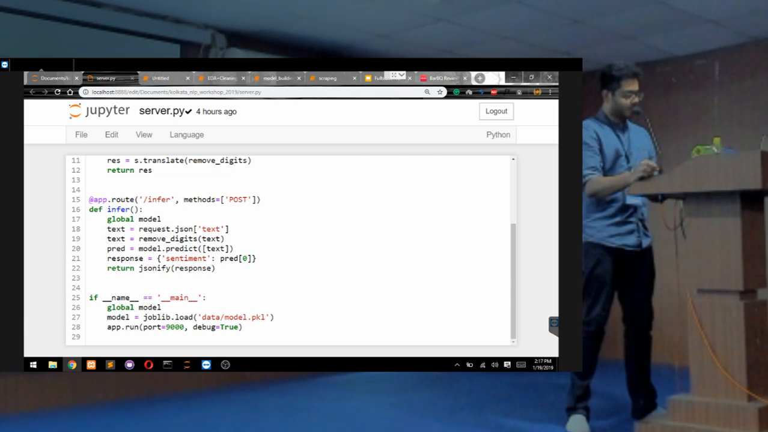So we first extract the text that we're sending. We remove the digits like we did before, and we get the prediction. You see that I put text inside a Python list. This is because the model expects multiple documents, not a single one. If I put it in a list, it will just make a prediction for a list containing a single document. And then the response is a dictionary, having the sentiment as key, and the prediction